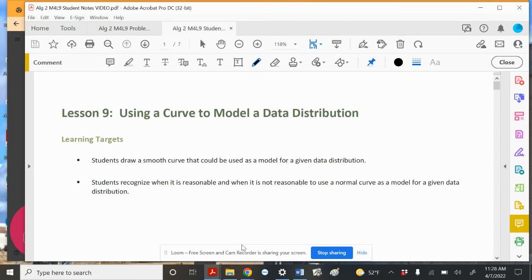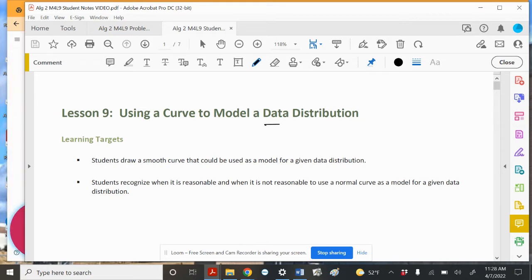Moving into Module 4, Lesson 9, we're going to start looking at different types of curves and this thing called data distributions. Mostly we're trying to identify these things called normal distributions, because with normal distributions, we can make a lot of decisions based on smaller samples of similar types of surveys. And based on those, we can go through and make some predictions. So the normal distribution is really going to be critical when we're looking at a lot of different types of